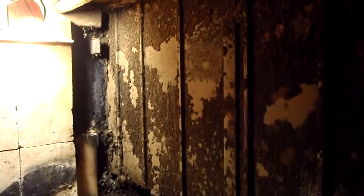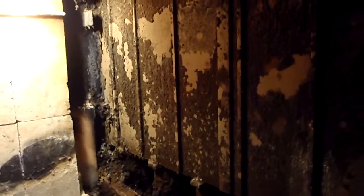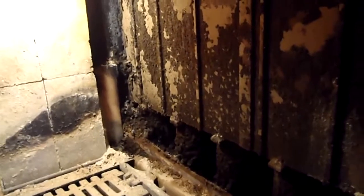So this is something that should be done if you're burning wood every season, once a year. And I burn this to heat my entire house and my hot water. So this is something I definitely have to do. Now, if I switch to coal, we won't have all these issues. So, like I said, there's quite a bit of ash in there